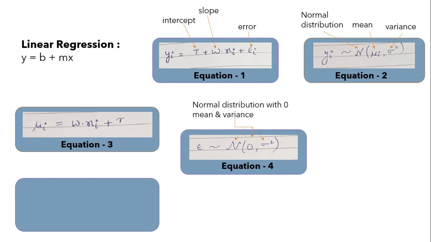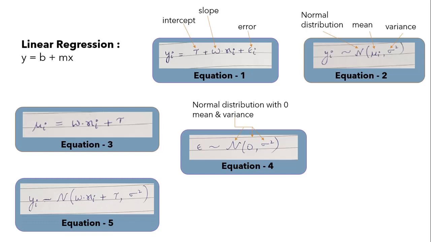Let's denote the error term e by using a normal distribution with a zero mean and variance, as you can see in equation 4. So guys, if we add a constant mean to a normal distribution as shown by figure 4 or by equation 4, we get a normal distribution with a mean and variance, which is the likelihood of the observation y. Now, you should be able to understand how each term in the traditional linear regression model, which we have seen earlier, is represented using the normal distribution as shown in equation 5.